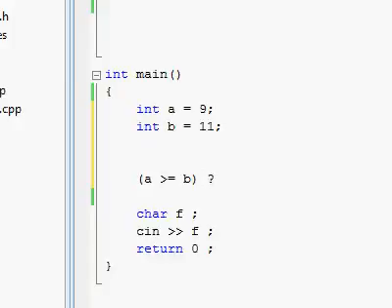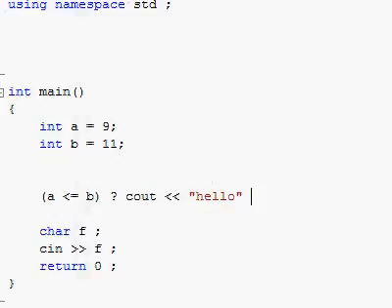Use the question mark operator. So you could think of this as, is this true? With a question mark. That's what's going on over here. If this is true, then whatever you type next will happen. Like for example, cout hello, like that. There we go. And then add a colon, not a semicolon, an actual colon. And then type something else that you'd like to happen if it's not true, like print bye. And then you finish off with the semicolon.